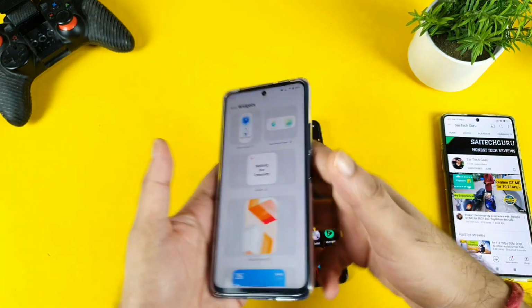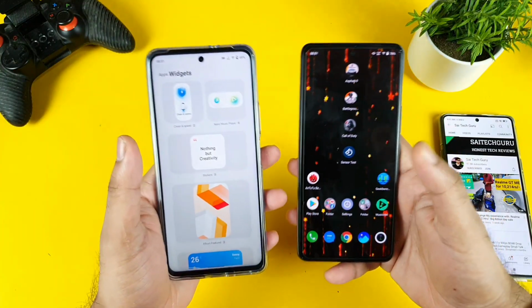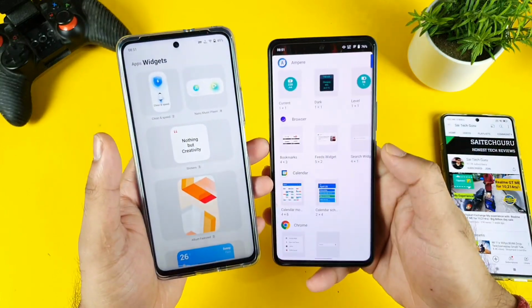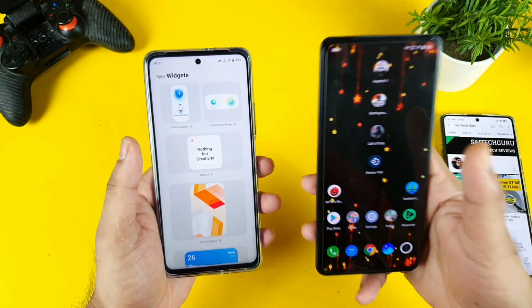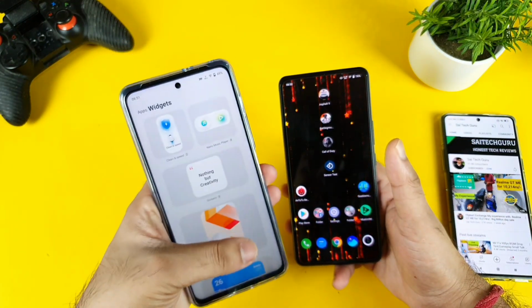In the previous FunTouchUI 11, there is no such option called widgets. There's no separate thing. If you want to access the widgets, you need to long press on the home screen and go to the widgets. And now you can actually add the widgets as well. In this way it's a little bit of a long process, but I did like the new widgets which got added in FunTouchUI 12.